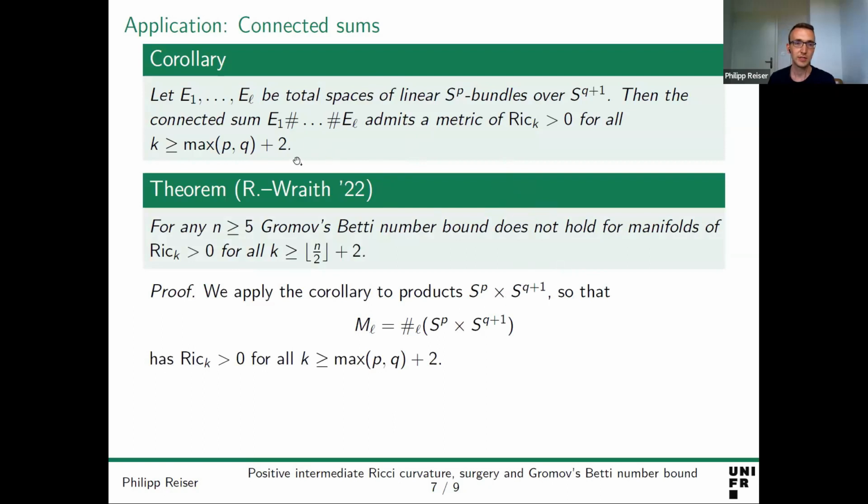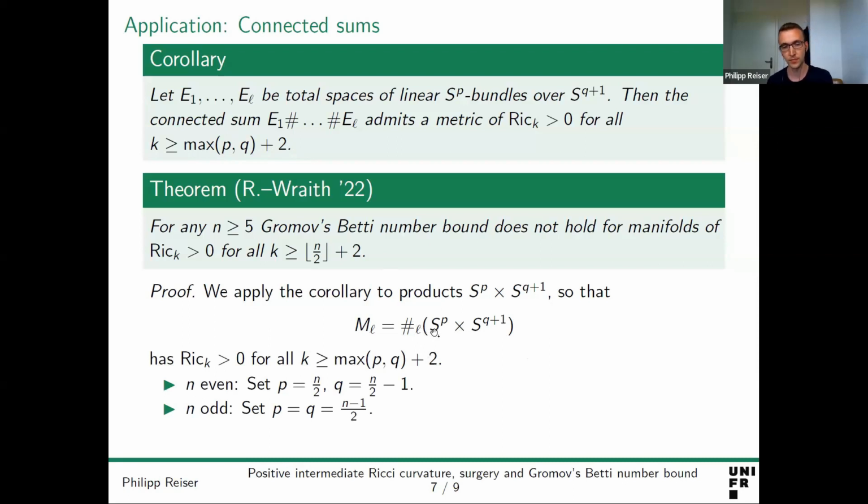And then the corollary says we have Ricci k positive for k at least the maximum of p plus q plus 2 on the connected sum of these products. And then if n is even, we simply take p as n over 2 and q as n over 2 minus 1. And if n is odd, then we take p equals q equals (n minus 1) over 2. And then we get a metric of positive Ricci k on these spaces,